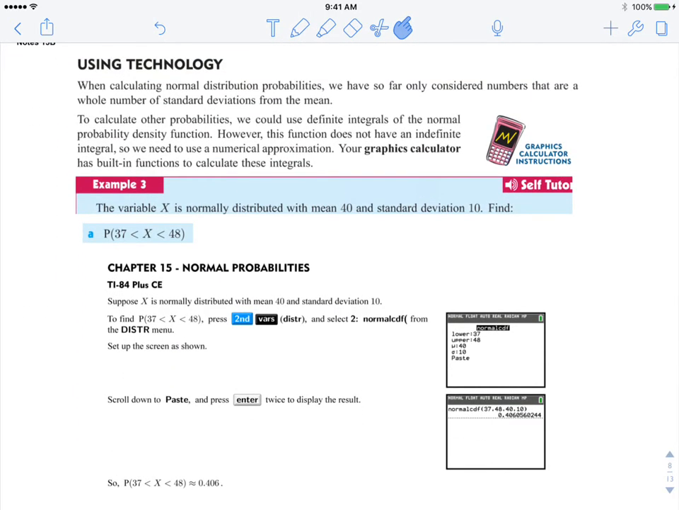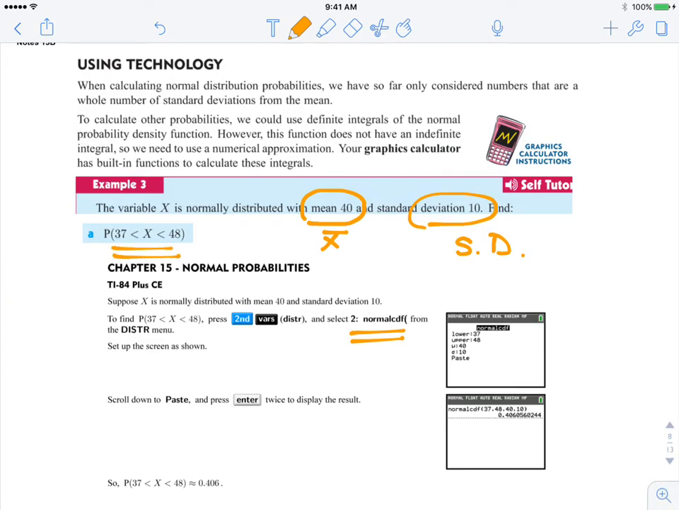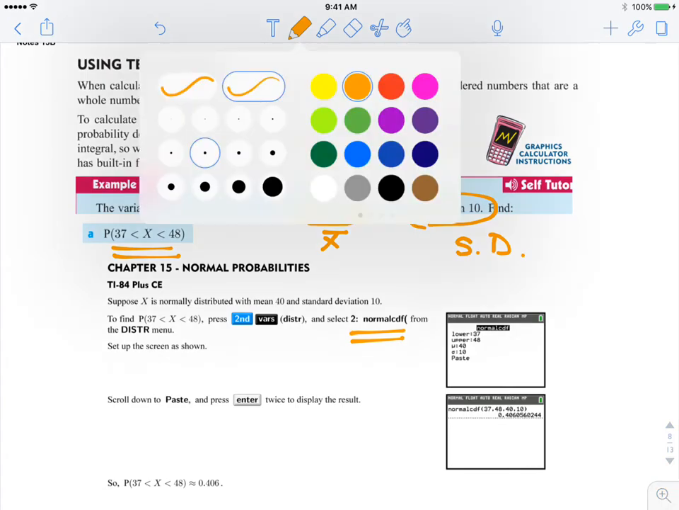We are able to use a graphing calculator on our exams. So these are the steps that you would follow to do these problems that we just did in the prior videos. So you're going to be using normal CDF with the graphing calculator. So if you have a mean of 40 and a standard deviation of 10, and you want to find the probability that a number is going to range between 37 to 48, what you do is you're going to do